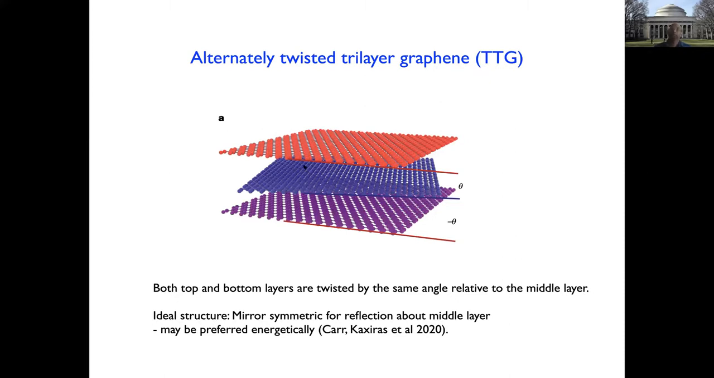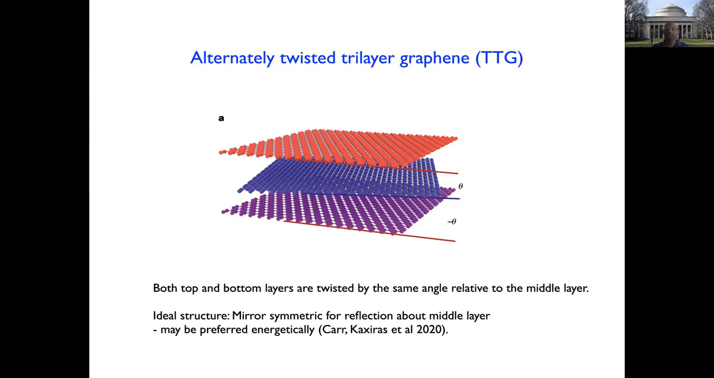So the idea is that we take a stack of three layers of graphene in such a way that the top and bottom layers are twisted by the same angle relative to the middle layer. At least that's the ideal structure. And this ideal structure is mirror symmetric for reflection about the middle layer. Again, as we heard in Abhay's talk,